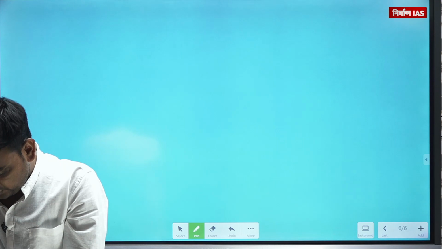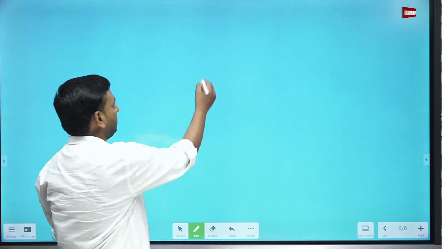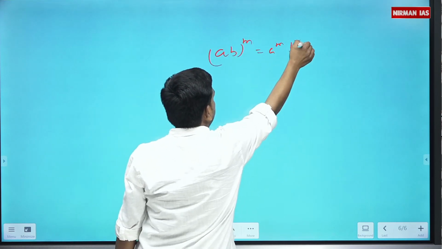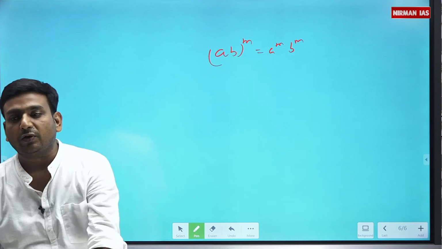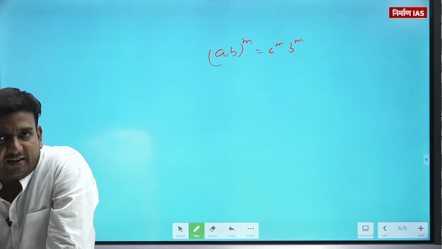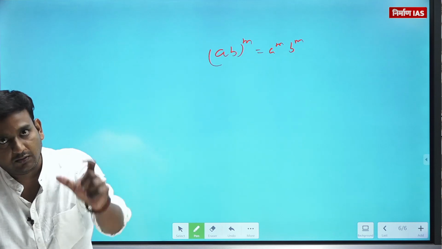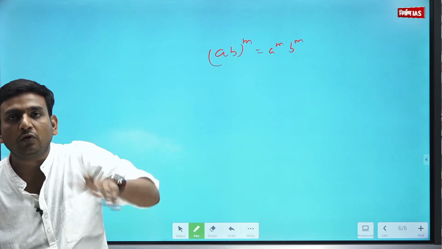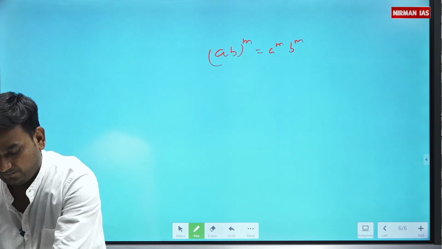For the next question, you can have something like this: suppose they have given that AB composition M times is A composition M times and B composition M times. Then what can you say about the orders of AB, and all such questions you will also have in your exercise. The funda is very clear here also. You need to compose those things.